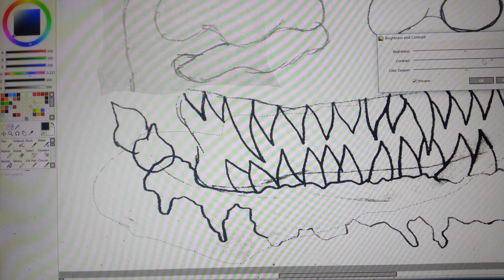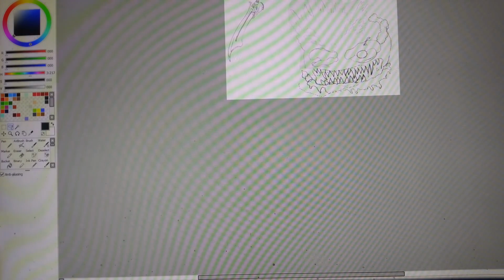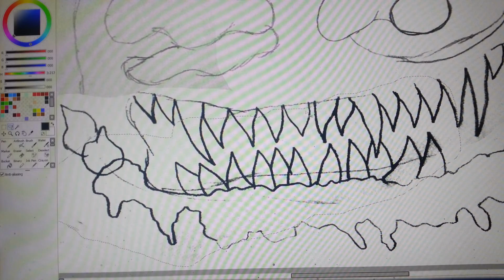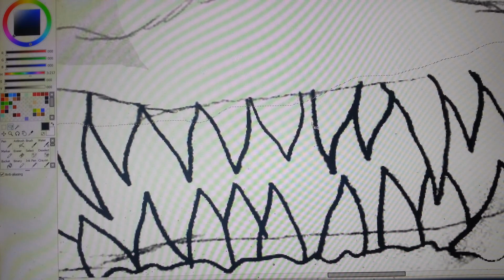I'll actually go over all of these pencil lines with the line tool, so it won't be this dark, well, thick lines like